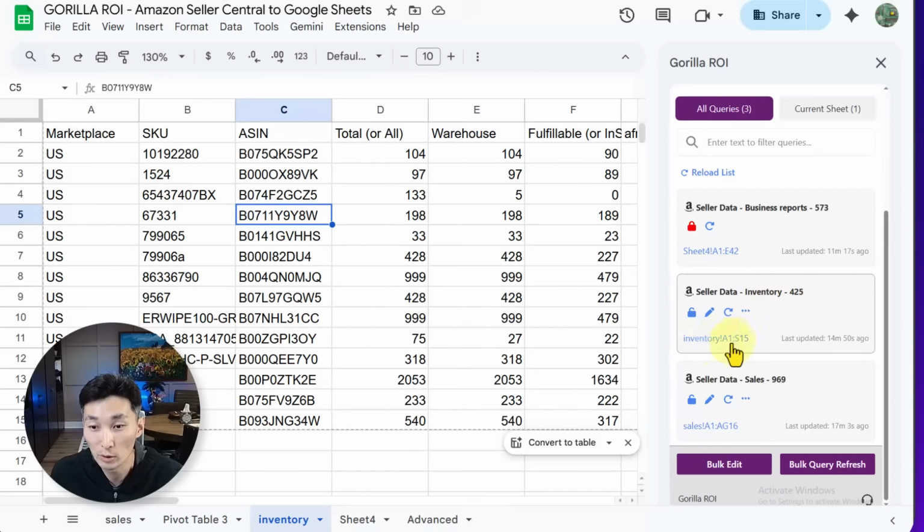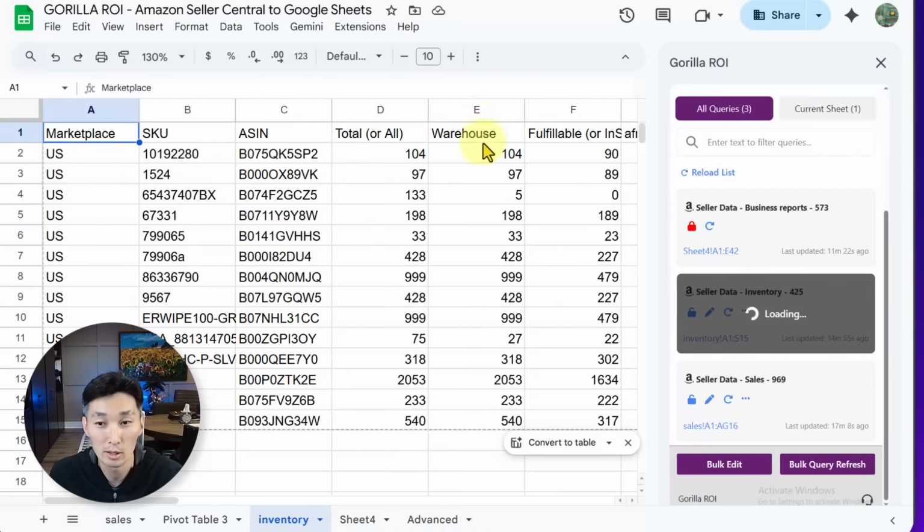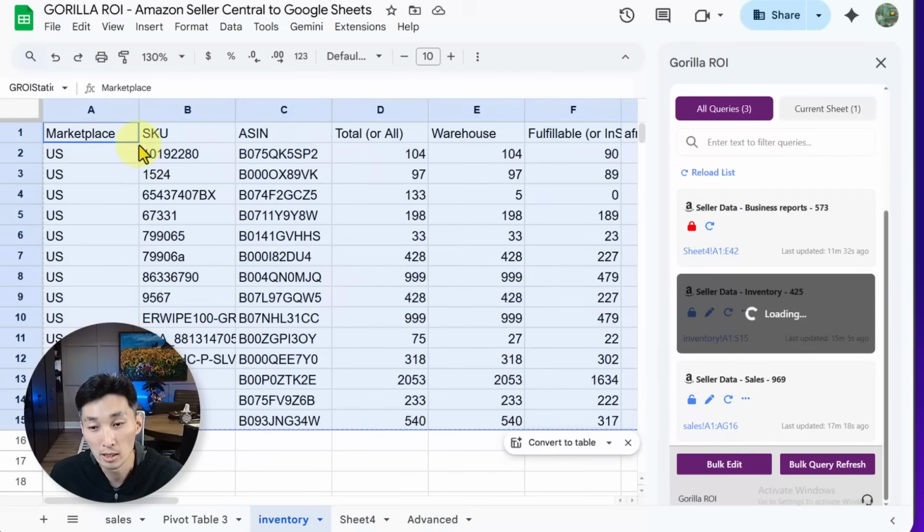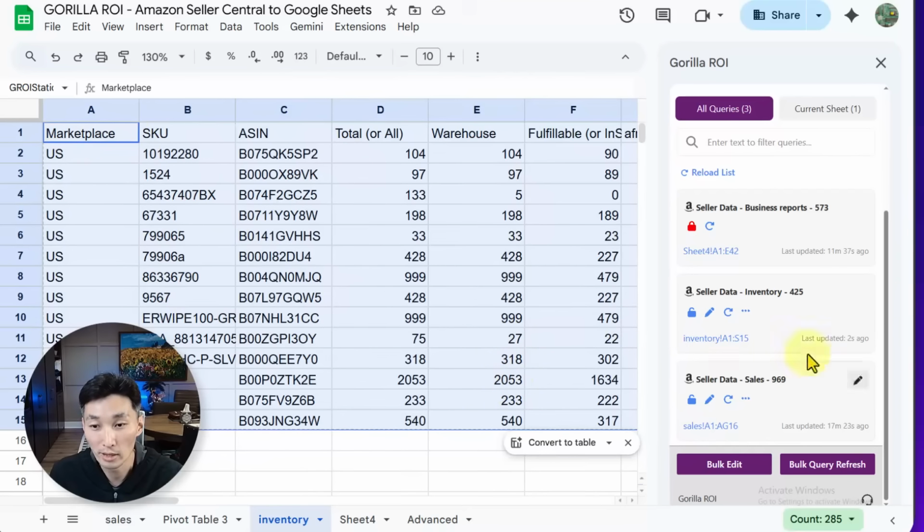So let's go to inventory A1. So here, inventory, this is the tab. If I want to refresh this manually, I can go here, click this. It's going to automatically refresh, and it's going to refresh pretty quickly. So within a few seconds, all of that's done.